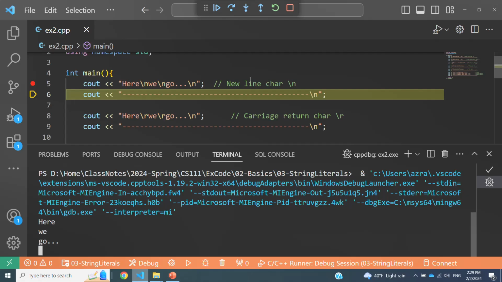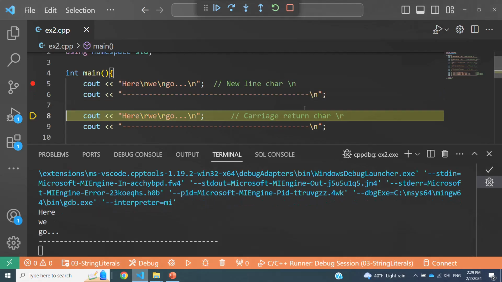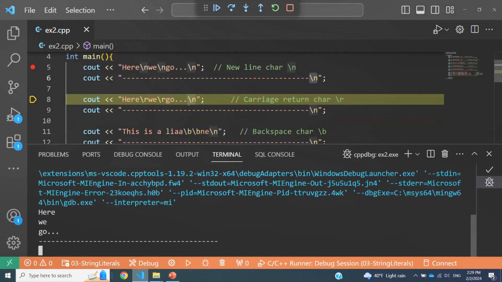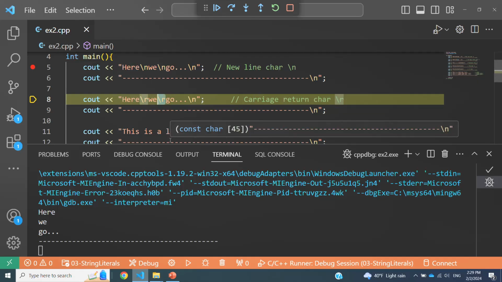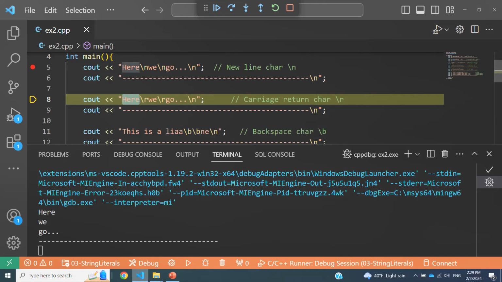So I'm going to print some separator characters between each of these printfs. Let me do that, because it also has the new line character at the end. Now the cursor is right here. This time, instead of using backslash n, I used carriage return. The difference between new line and carriage return is that carriage return takes the cursor to the beginning of the same line rather than taking it to the beginning of the next line. So what will happen is this will be printed, right? So you'll see it here on the screen.